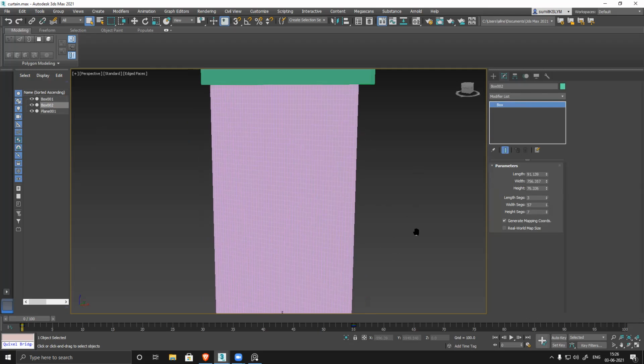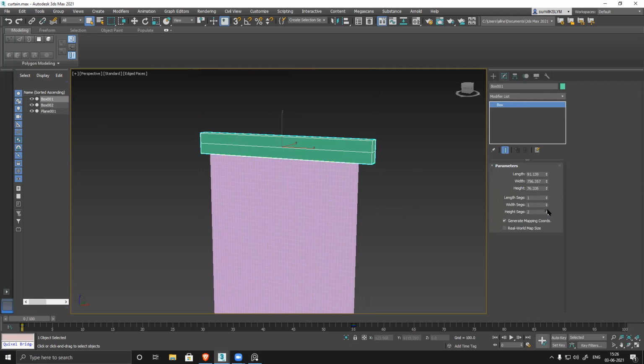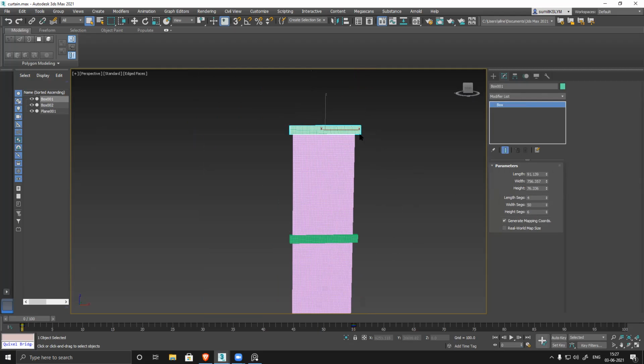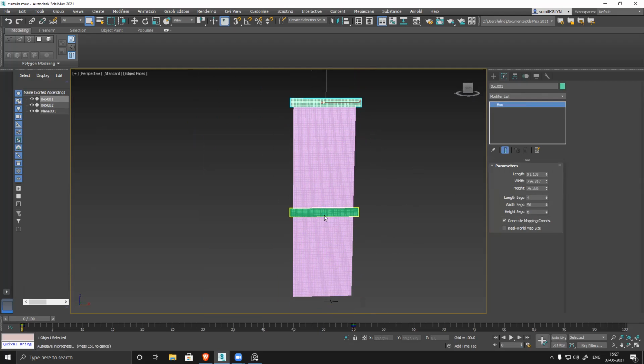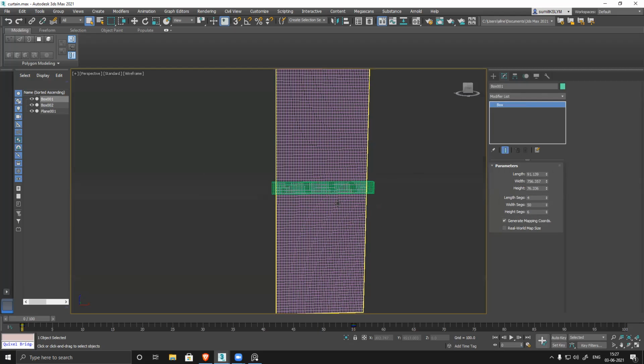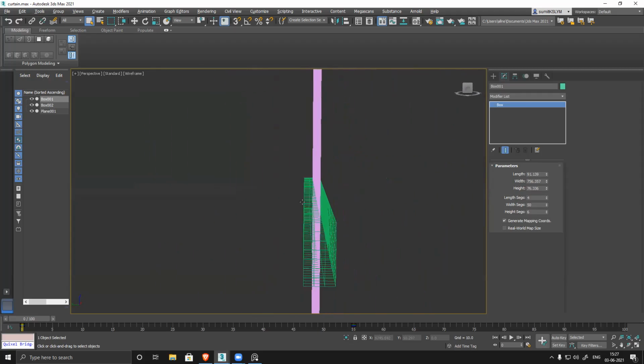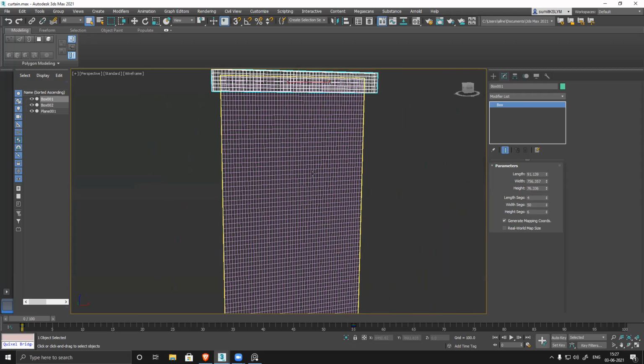Add loops here also. I'm just randomly adding. I added loops here also. Plus, if I press F3, you can see in between there are multiple loops now. And it's in the center, correct.